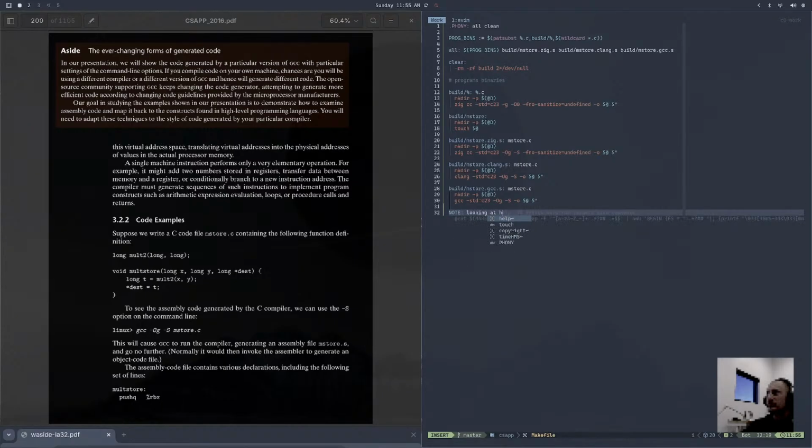Looking at the generated .s files, Zig CC generates way more instructions and uses different registers